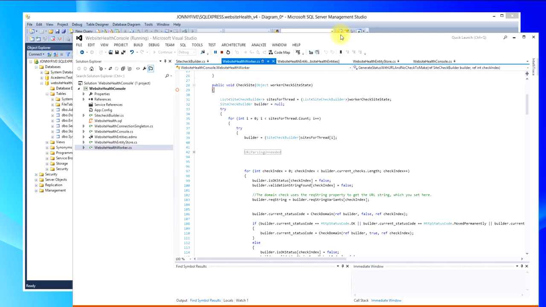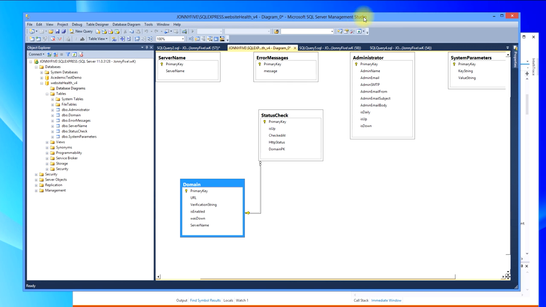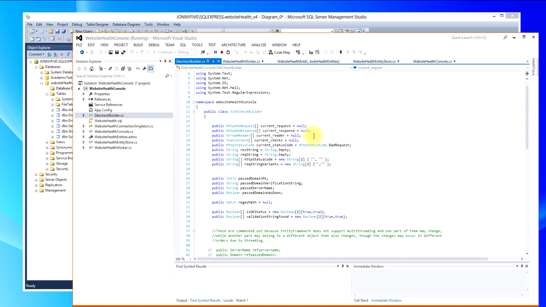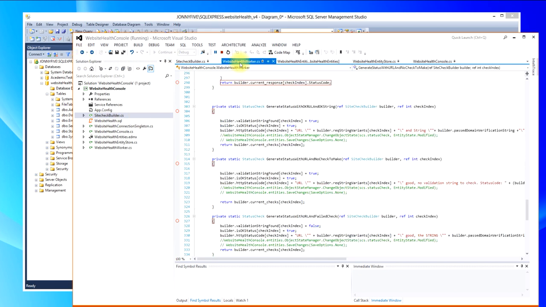So though the program was written with a very specific niche in mind, I would like to expand the program and just introduce for a minute how quickly it could become something else using all the same existing code. If I added one relation here, one-to-many relation, and for each one domain, I had many records. Say a record could be a forms header and then a value, and several of these for that domain. Then with that relation in my entity store, I could very quickly here add any variables to site check builder that I would need, and then very quickly here in the worker class,